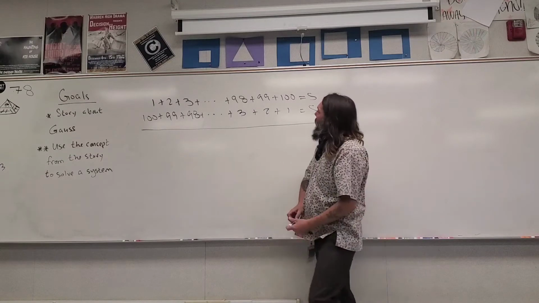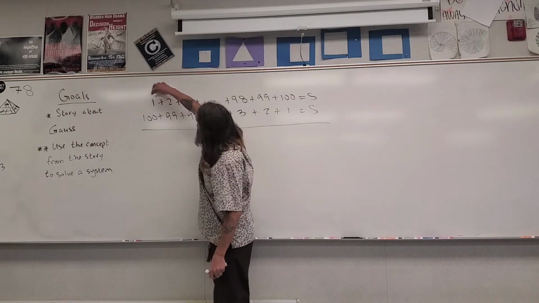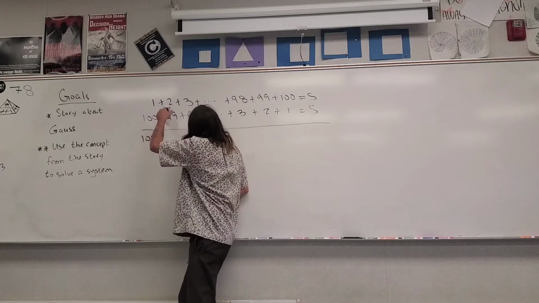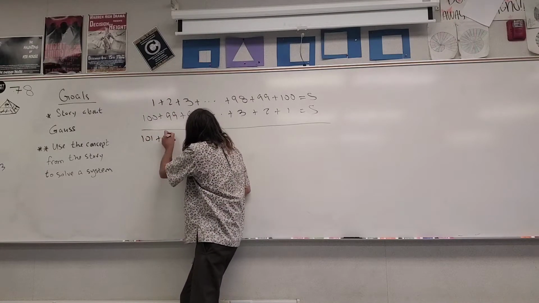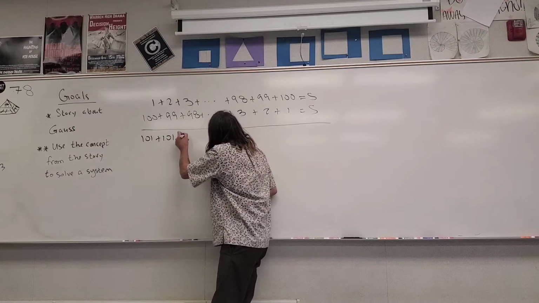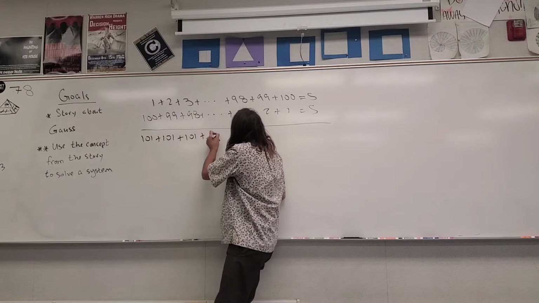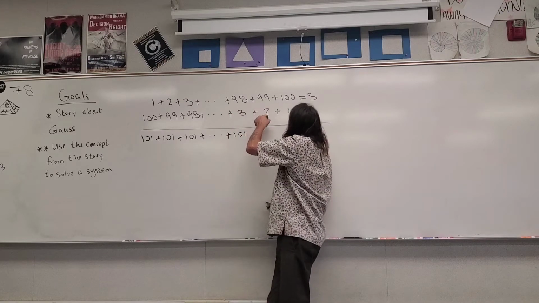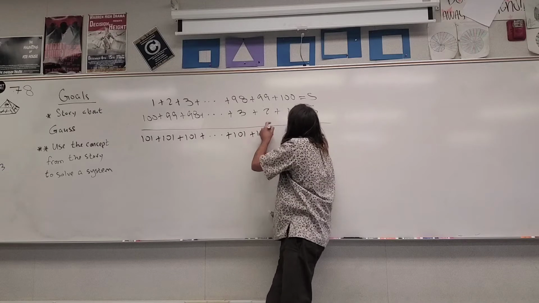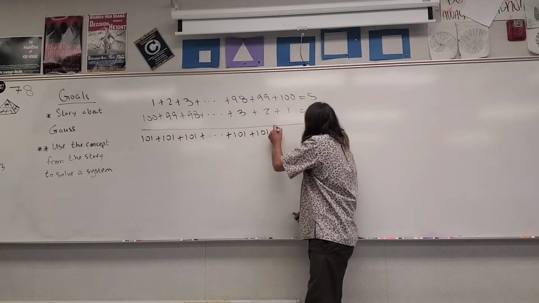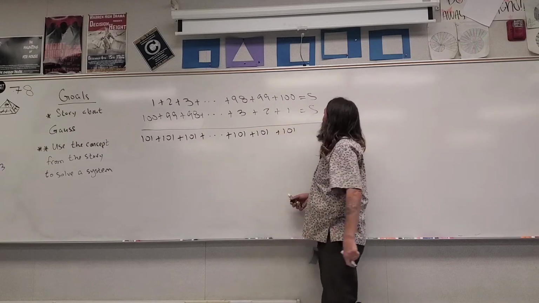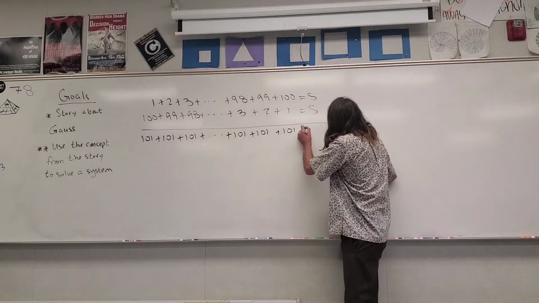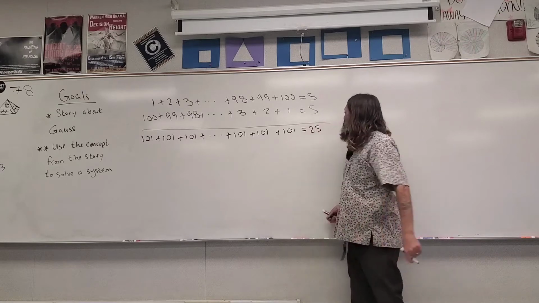9-year-old. And so here we have 1 plus 100, which is 101. 2 plus 99, that's another 101. 3 plus 98, that's another 101. Plus ... 98 plus 3, that's 101. And 99 plus 2, that's another 101. And 100 plus 1, that's another 101. And S plus S, that's 2S. That's twice the amount of what it's going to be.